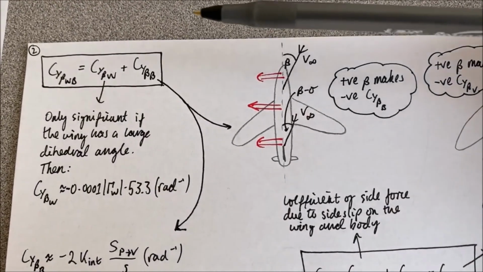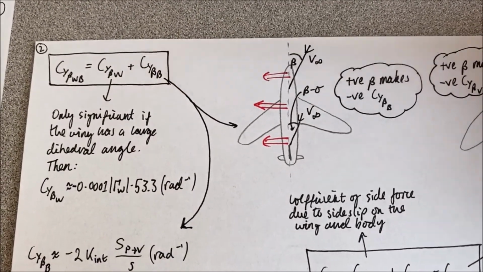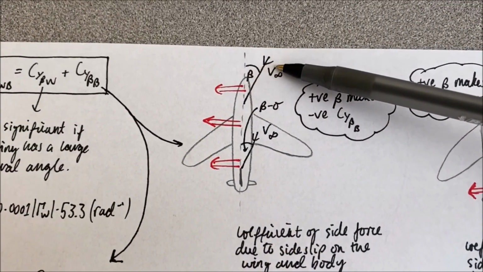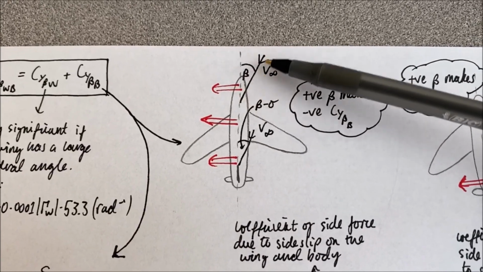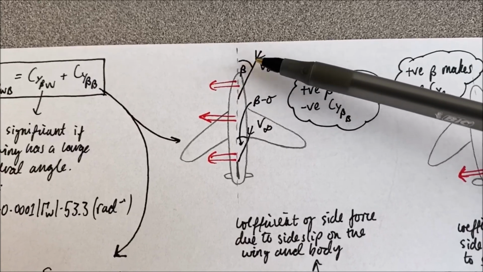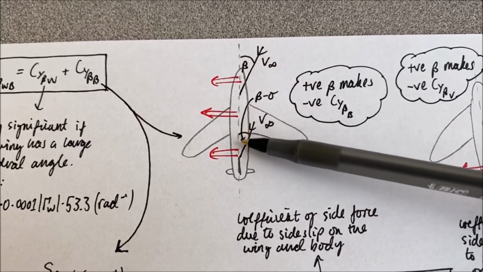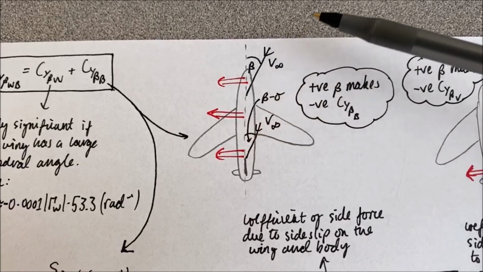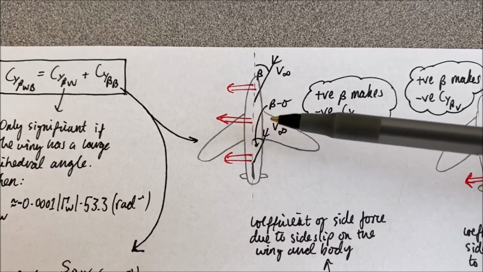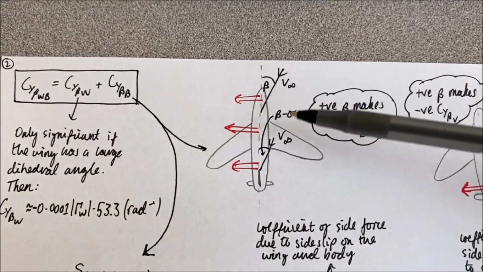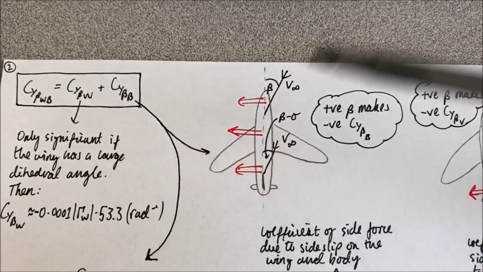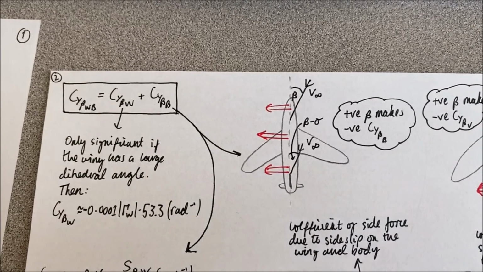So let's have a look at the coefficient of side force due to side slip on the body. Well, let's consider this little diagram up here. Here's our free stream velocity hitting the right hand side of the aircraft, so that's a positive side slip angle. Here is our side slip angle affected by sidewash, but essentially a positive side slip angle makes a negative side force, right, in the negative y direction. Remember, positive y is at the right wing,